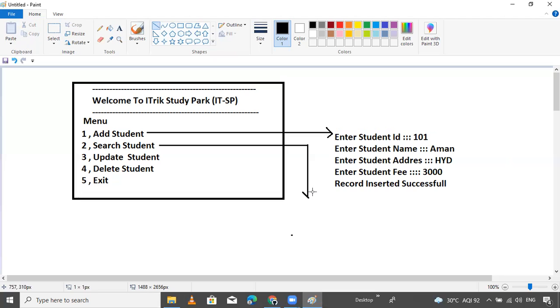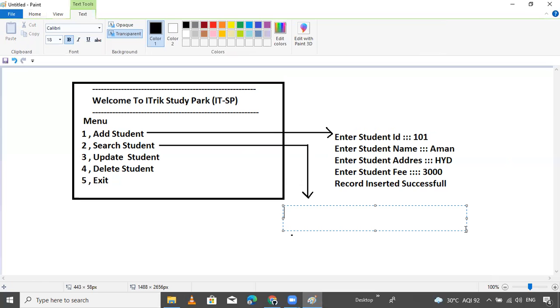Now, if you press 2, it shows one option: enter student ID.